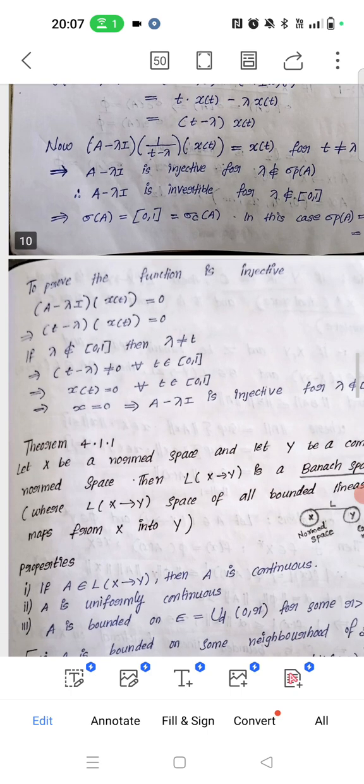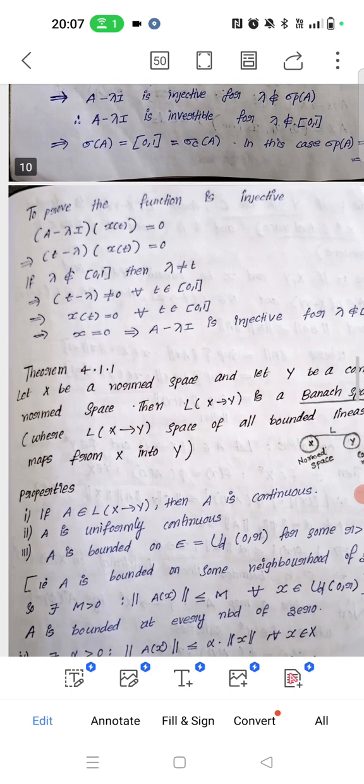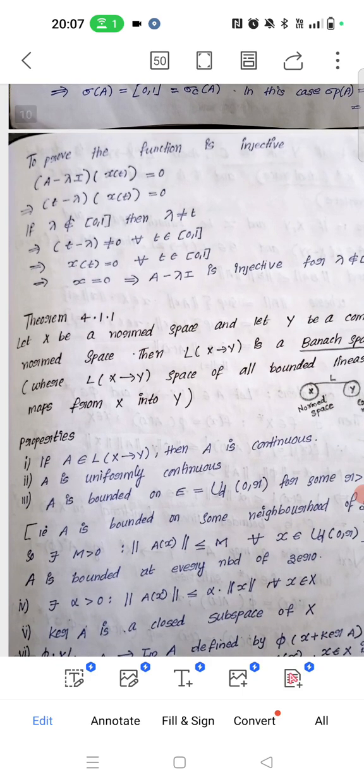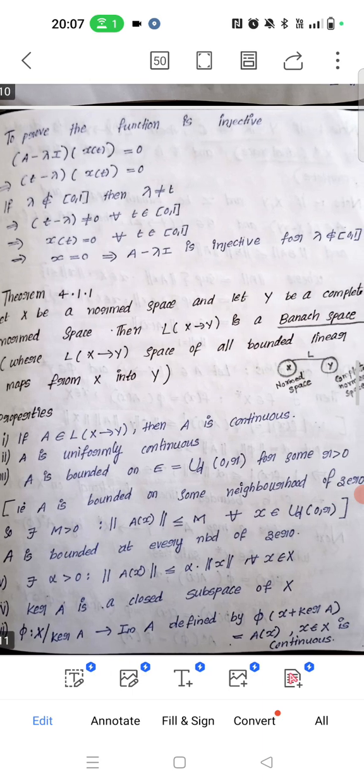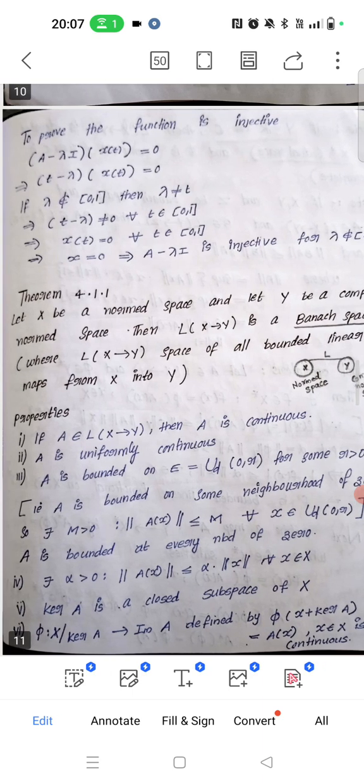Next we discuss theorem 4.1.1, which states that X is a normed space and Y is a complete normed space. Then the